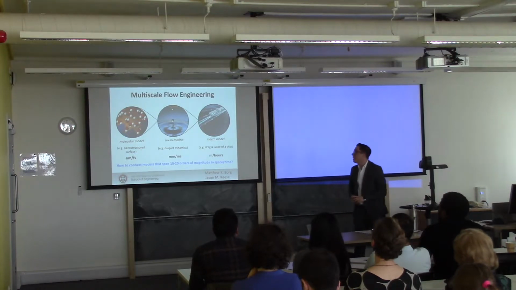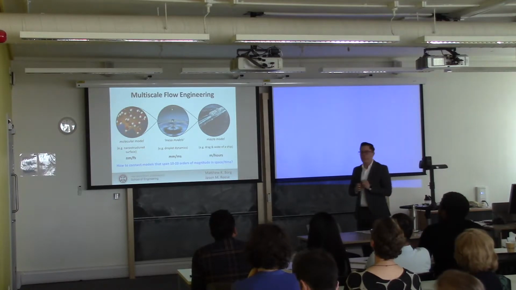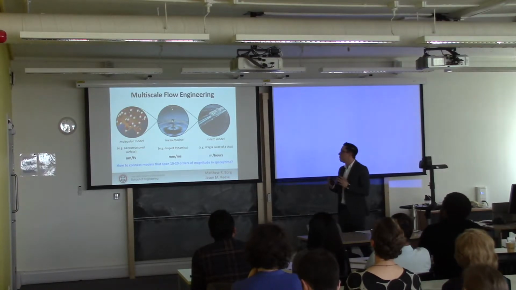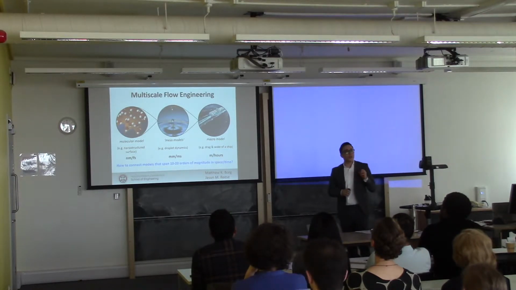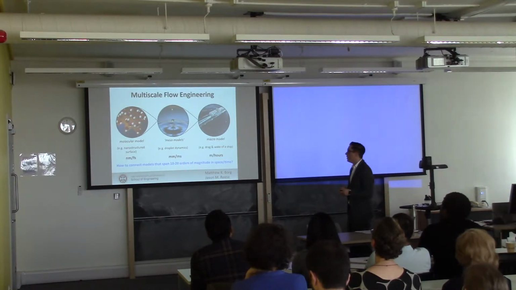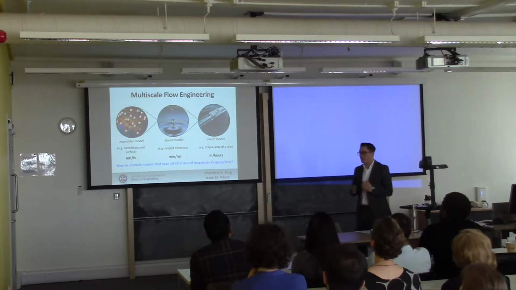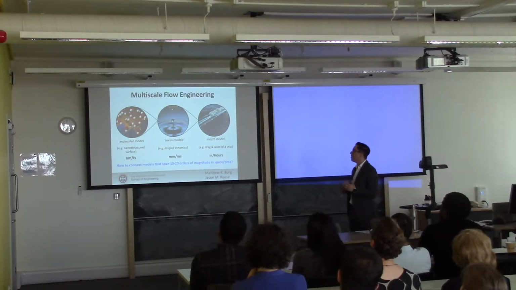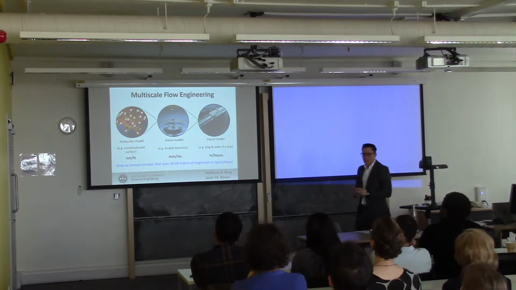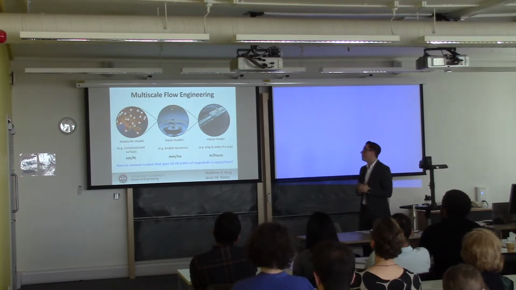Okay, so I've chosen these three words, multiscale flow engineering, very carefully because it explains exactly what Jason built and what we've been working on for the past decade. The word flow comes from the fact that we're working on computational fluid dynamics in unconventional situations. The word multiscale means we're trying to span many orders of magnitude of space and time, where there is multiple physics, multiple chemistry, and so on. And engineering is very important because we want our models, our methods to be used by industry and impact engineering